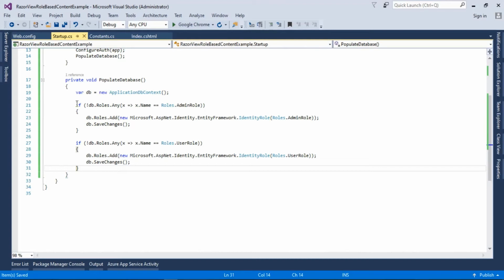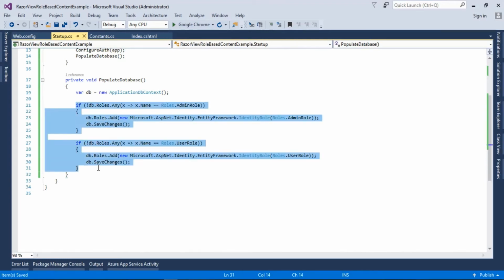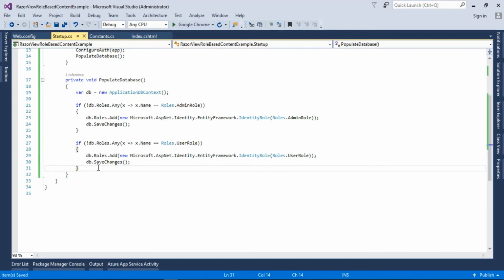So now we have our two roles created in the database. Now we will create two users and assign roles to the users.